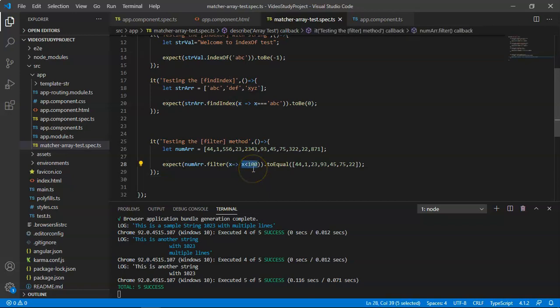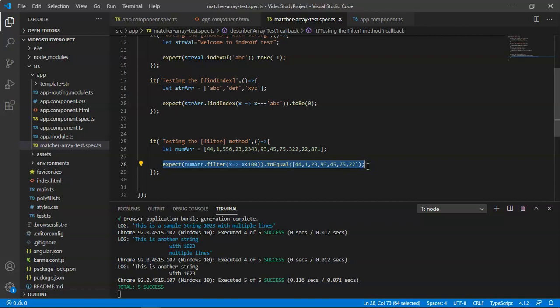So x is less than 100: it will check each individual element against x < 100 and return all those elements. We are going to expect the numerical array to contain all the elements having values less than 100. So it will create this array and this expect statement will pass without any issue.